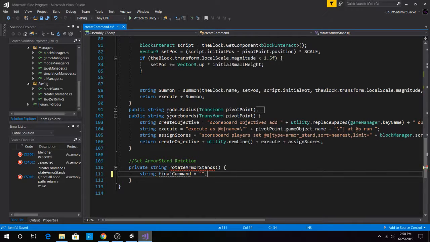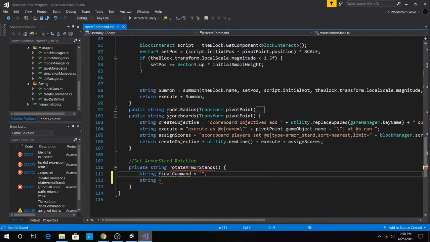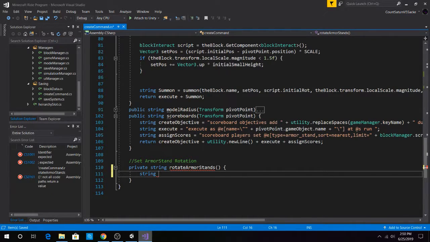We'll have final command redeem himself. So first off, what we need to do is have a string. Final command might be completely useless now that I think about it. So string, this one will be the data CMD, just to make sure that we understand. So data